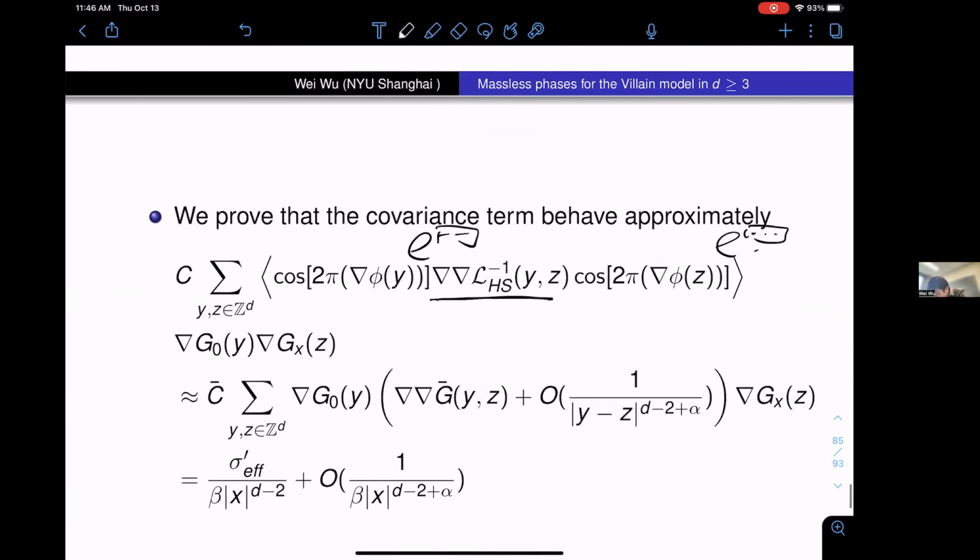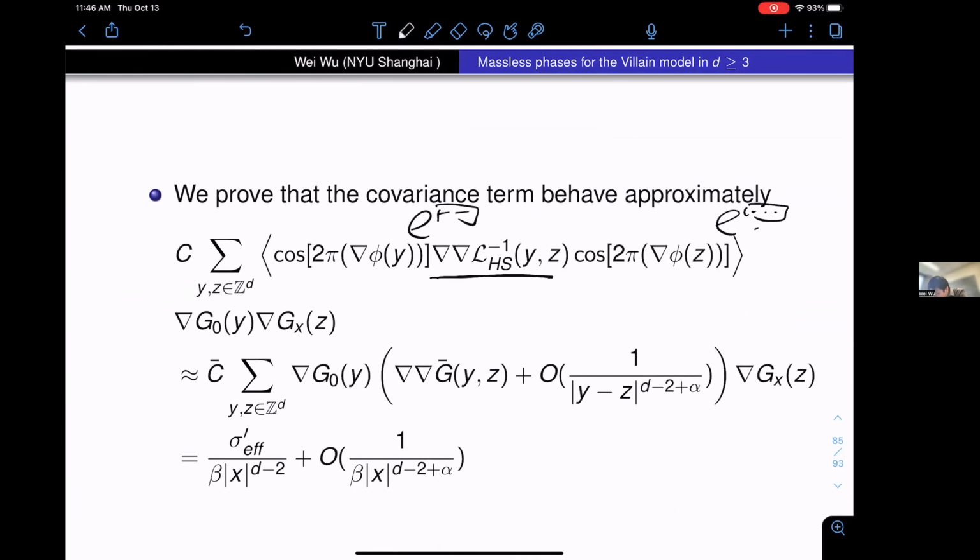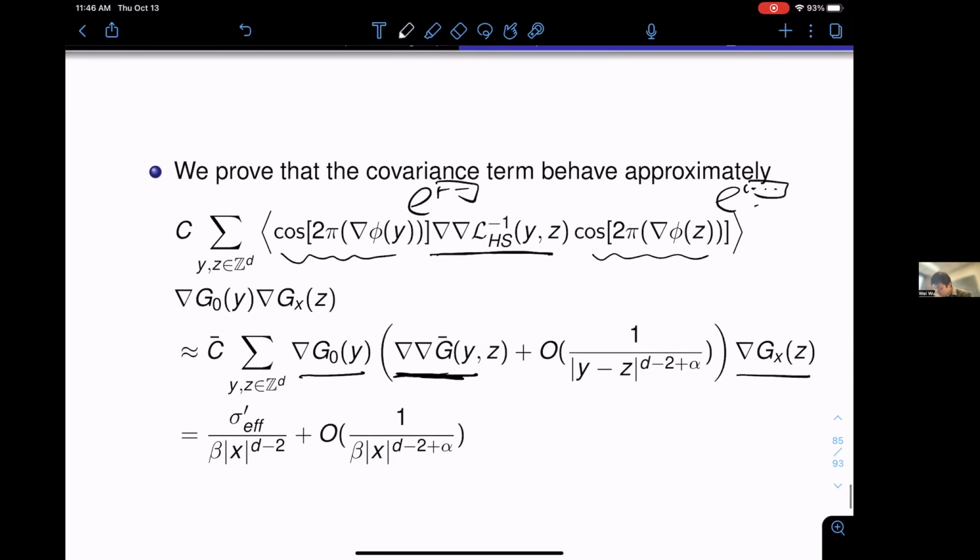If we imagine that this double gradient term on the larger scale behaves like the double gradient of a simple random walk Green's function with some effective diffusivity, and that gives us the leading term, then the rest of the stuff in this expectation would average out to be of some constant order. So you pick up a leading term, which is like the gradient times double gradient times gradient, and that